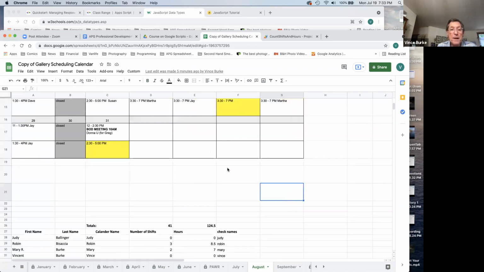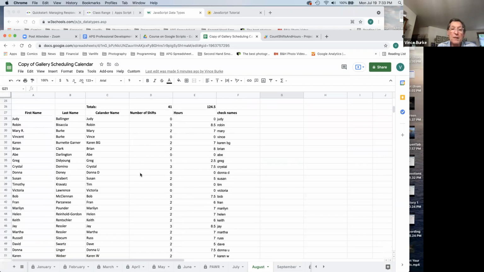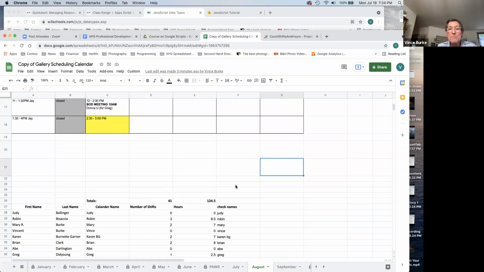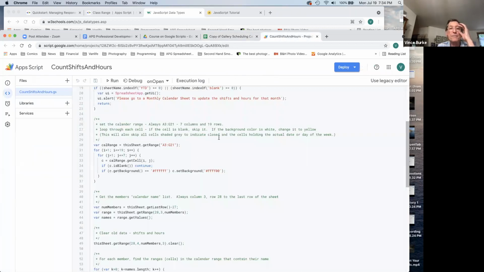Okay, there's another place that's dependent on the fact that my names always begin in row 28. So if I start adding rows or doing something like that, I'm going to mess up the script. So not necessarily the best solution. Maybe I could devise some ways to really be more robust. As it is, I'm the only one that uses this. I'm the one that makes the scheduling calendars, so I choose not to worry about it, and I just go with it. Anyway,